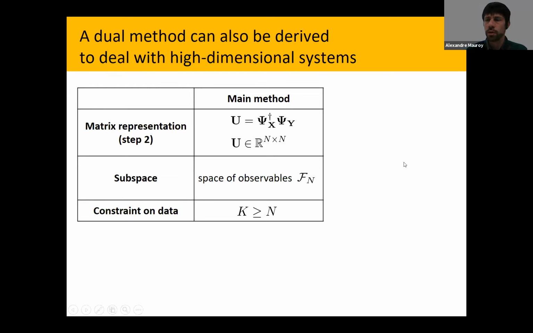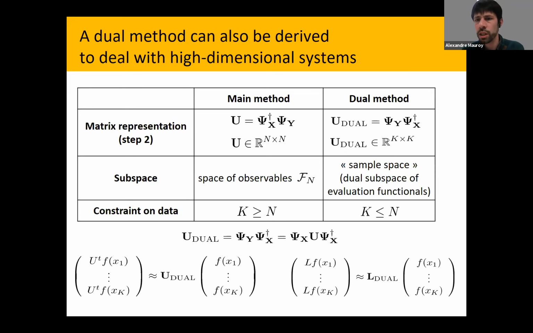And so we can circumvent this issue by considering a kind of dual method, which is a bit related to a kernel-based method in machine learning. So the idea is that instead of considering this matrix where we have the pseudo-inverse of x times psi y, we'll consider psi y times the pseudo-inverse of x. And now this gives us a matrix k by k, where k is the number of the data points,